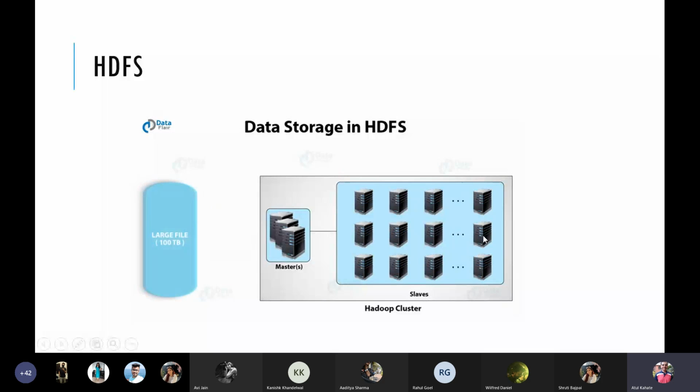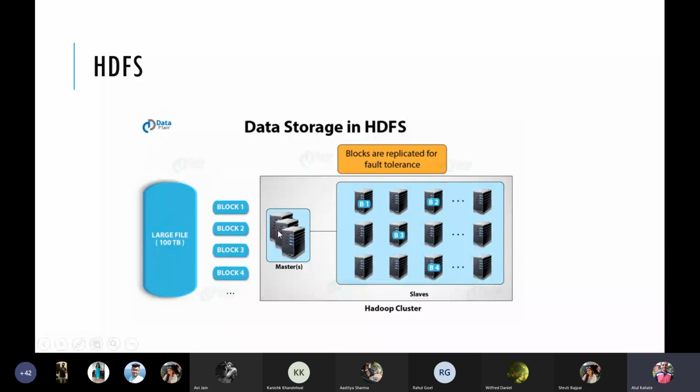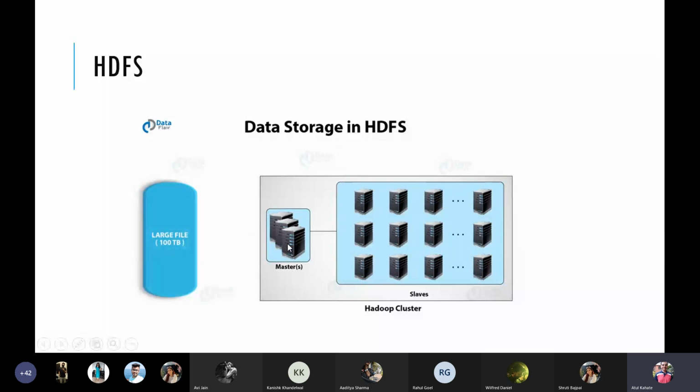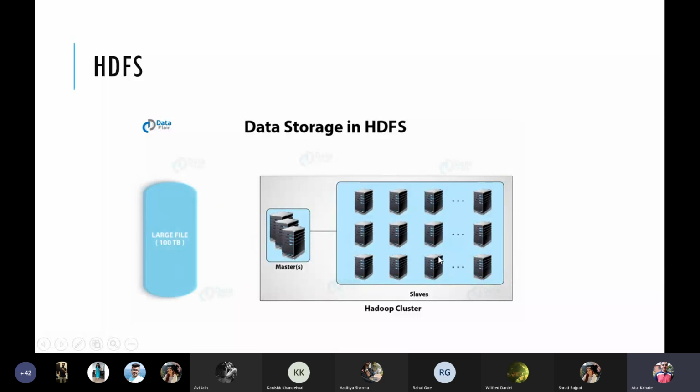Okay, they may also have what we call the main copy or master copy of a particular block. Of course, all these will be recorded in the master. So the master will decide, among the various copies available for a block, which one it would normally access. So normally it would go here, but in case of failure it may go here or here. This is how it achieves fault tolerance.